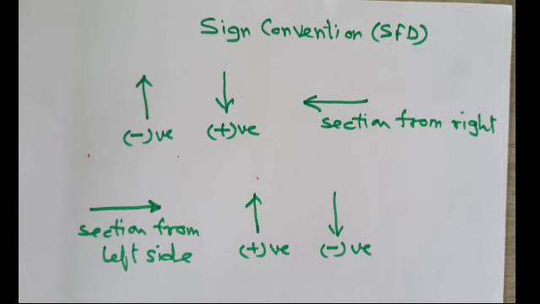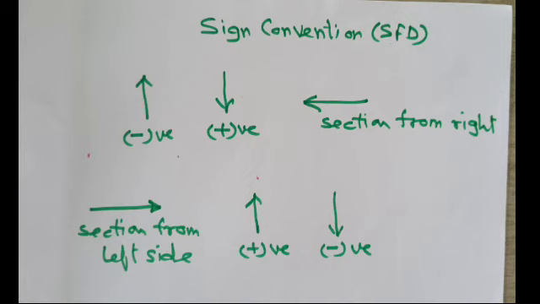So by drawing SFD and BMD, we see at which points there is a possibility of having maximum shear forces and maximum bending moment. So the beam can fail from those points. So while designing, we give much strength at those points at which we have the higher values of shear force and bending moments. That's why we draw the SFD and BMD of various beams.